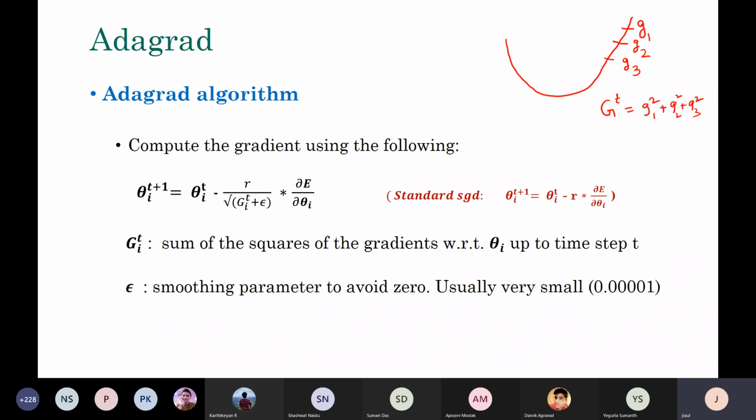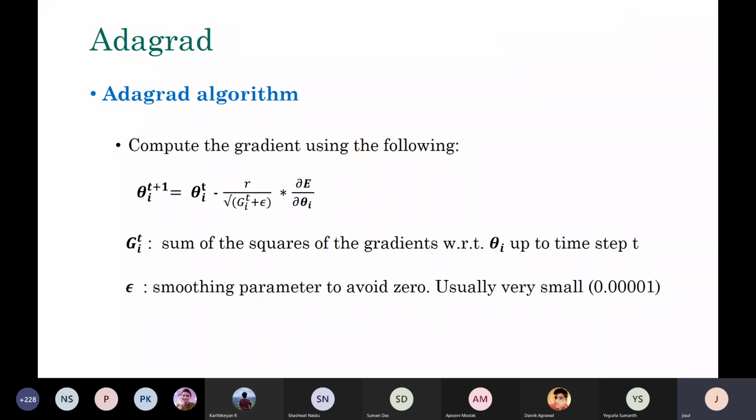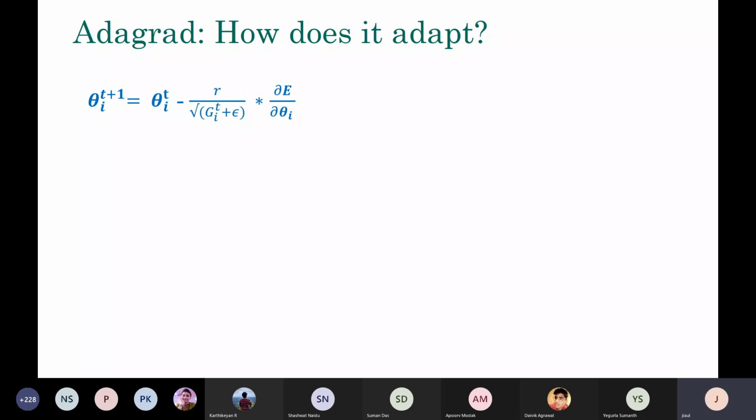So how is this actually helping? G_t is collecting information about the past gradients, and so it will tell you the nature of the surface, whether it is too steep, whether it is too flat, and things like that. You are using that information to control this value of R a little bit, so that you can avoid the problems that we have seen before. Let's take probably one example to illustrate this point. How does this actually add up depending upon the nature of the surface that you have?